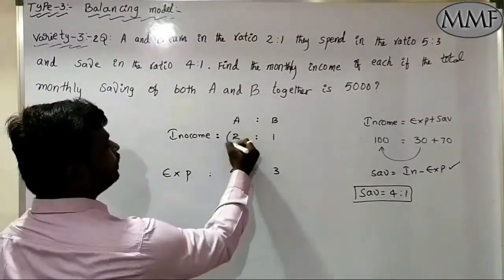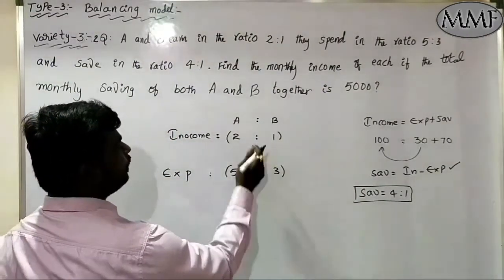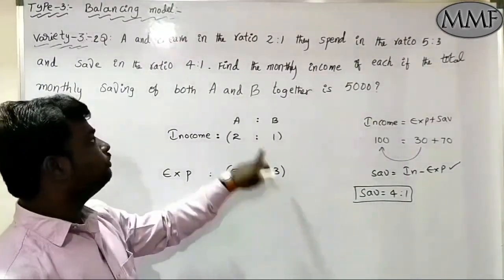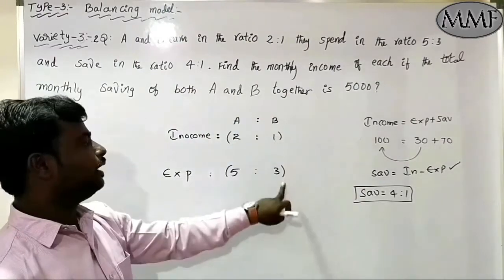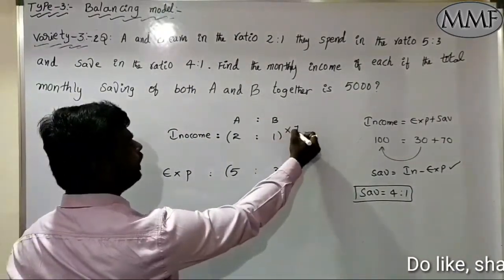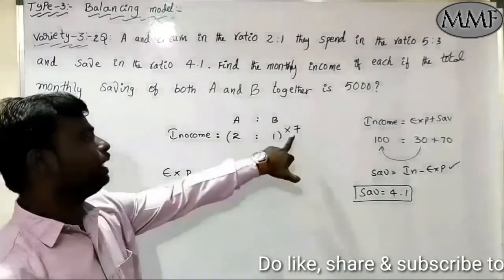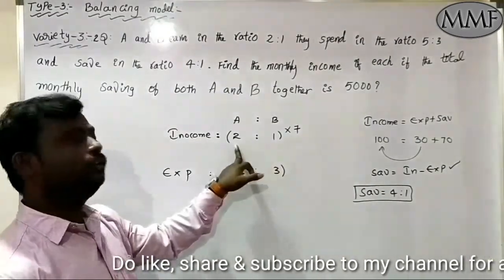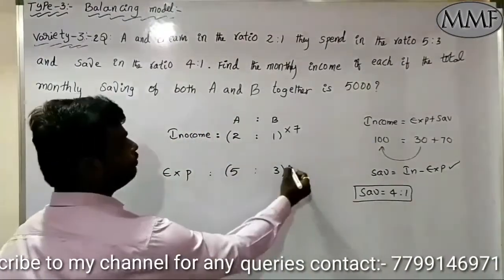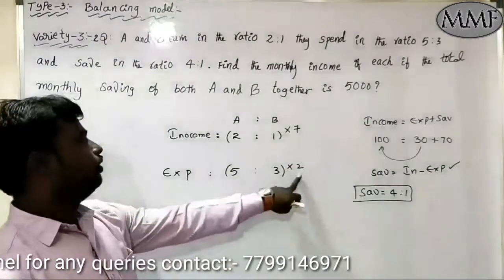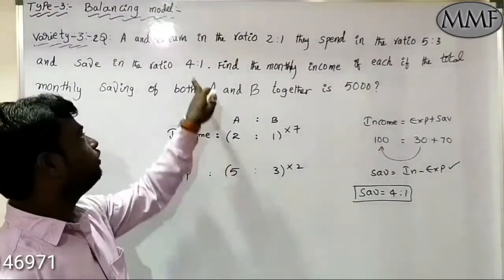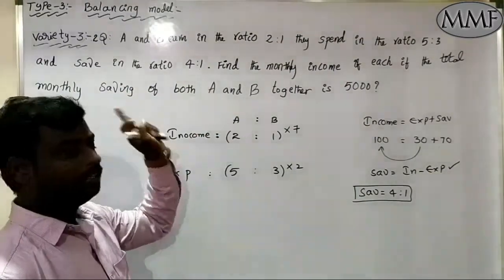If you want to get difference as 4, which number you should multiply here and which number you should multiply here? If you want to make them difference is 1, which number you should multiply here? See here, very simple, I will tell you. It is multiplied with 7. Why you need to multiply with 7? Let's see. 7 2s are 14. Which number you should multiply here to get difference as 4? Very simple. Into 2. Now 5 2s are 10. 7 2s are 14. 14 minus 10, how much is the gap? 4 units. Clear? Very good.